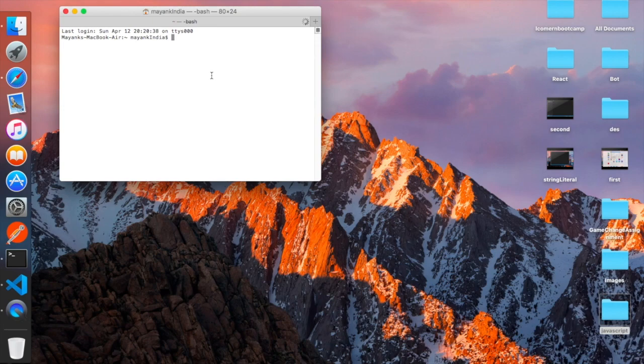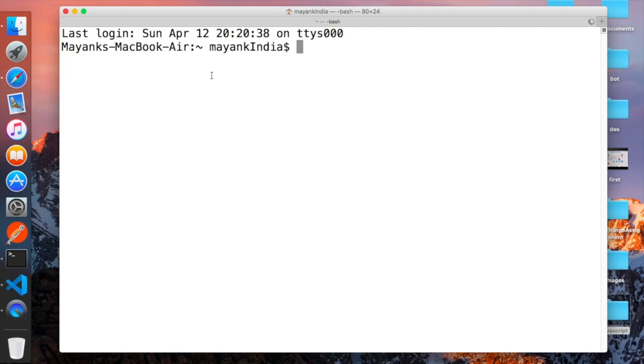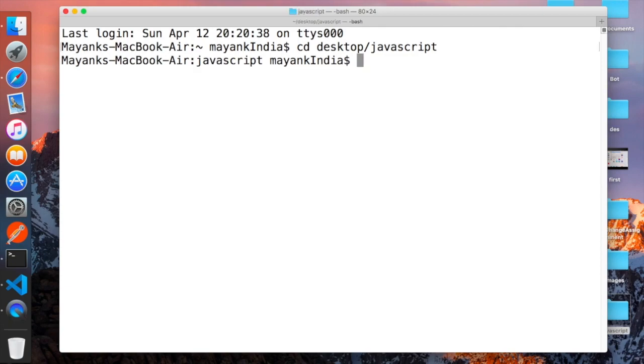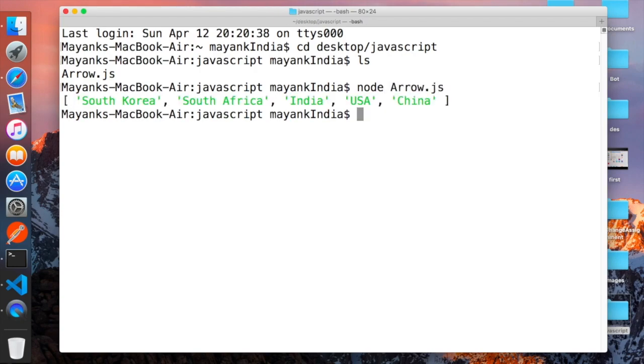Alright, now go to the path of your file. So the path of my file is cd desktop and JavaScript. Okay, let's see where we are. Yes, we are at the right place. Now write node arrow.js, hit enter, and there you see the values of my new array is South Korea, South Africa, and